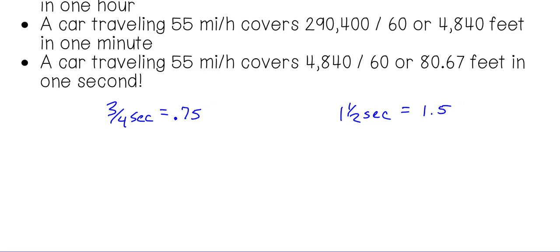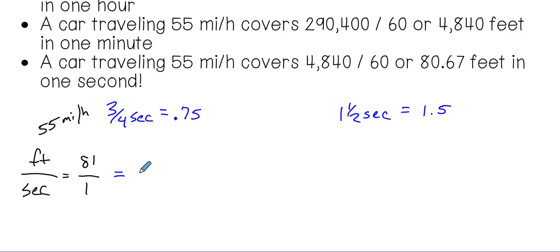Okay, so on our ratio, we want to know how many feet per second. Okay, so we determined on the previous slide that you can go 81 feet per each second when you're going 55 miles per hour. Okay, and if our reaction time was 3/4 of a second,